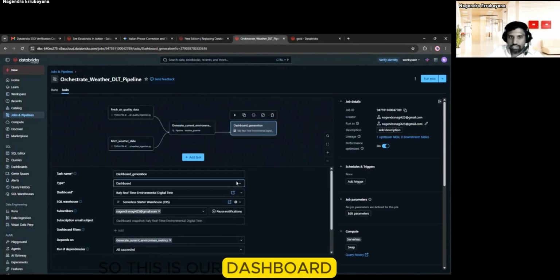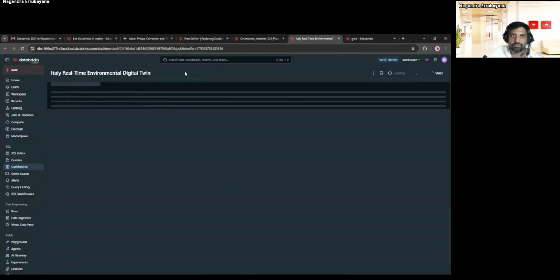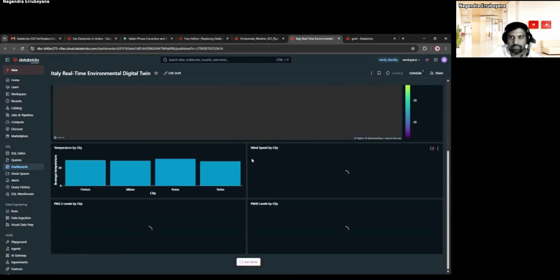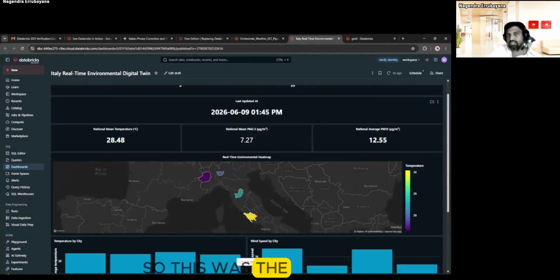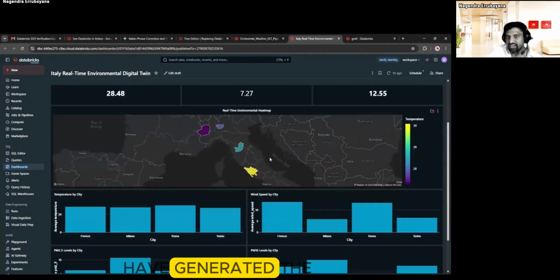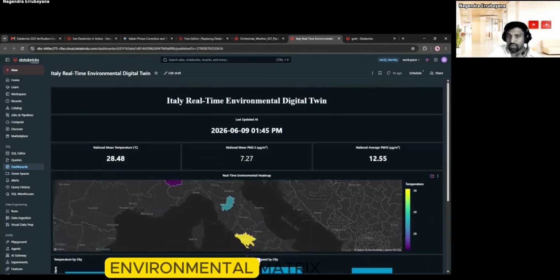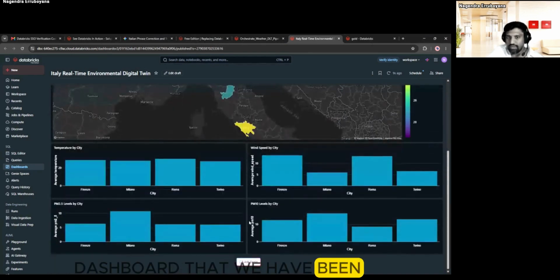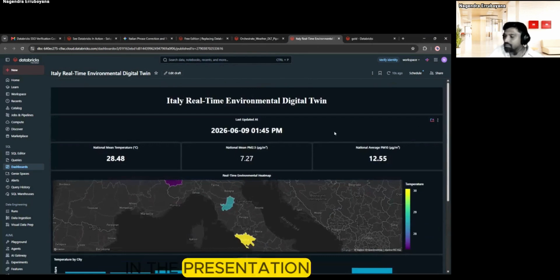So this is our dashboard. This was the last date when we generated the environmental metrics. This is the dashboard that you have seen in the presentation.